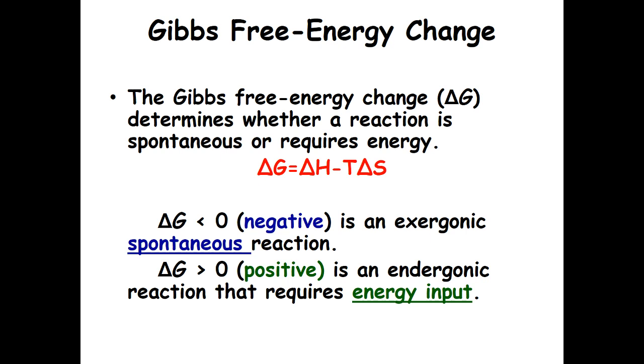So here's a quick equation. Now when you see a little triangle, it just means change, delta. So the little triangle is called delta, and it's just telling you the change in free energy. So the equation in red showing you the change in free energy involves enthalpy, and then temperature and then entropy. So you don't have to worry about this equation. But in general, what you need to know is that the change in free energy will be negative if the chemical reaction is exergonic and spontaneous.